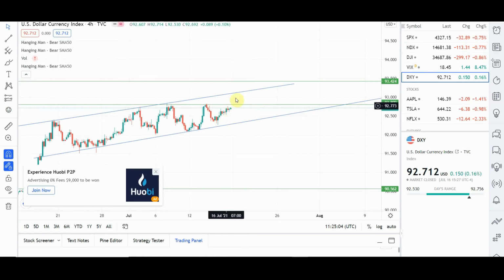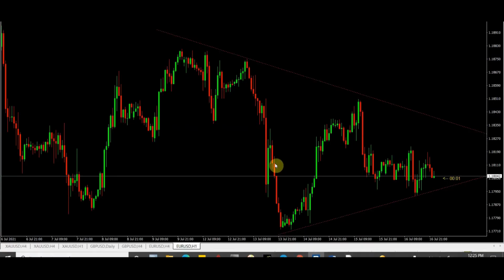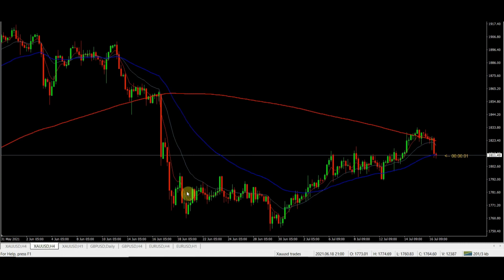All right, if we're expecting a nice bullish trend of the DXY this week, or it might actually retrace from this point back to the support. So heading to our charts for what we actually have today, starting from the XAUUSD, which is also known as gold.